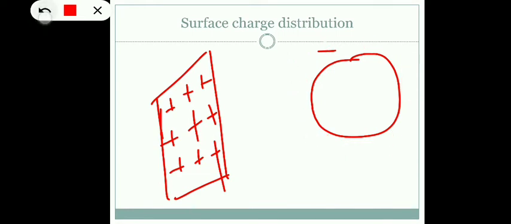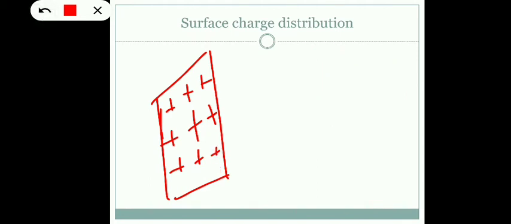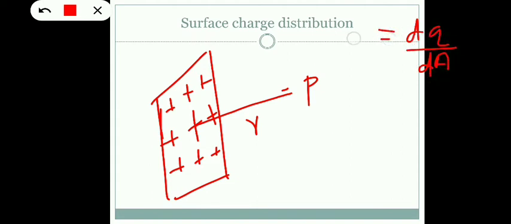Here we need to find out the electric field intensity at a point due to this surface charge, or due to this plane sheet of charge. So for that, consider a point P at a distance r from the sheet. Here also the sheet of charge consists of an infinite number of charges, so we need to consider charge per unit area. In line charge distribution, we consider charge per unit length. Here we need to consider charge per unit area, dq by dA, and this ratio is equal to a new concept, that is surface charge density.